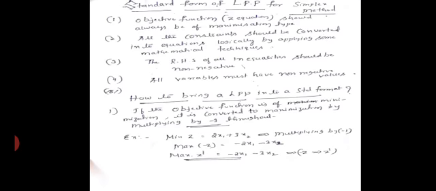What is the second one? All the constraints should be converted into equations by applying some mathematical techniques. Just now I told you, whenever a constraint has a sign of greater than or equal to or less than or equal to, you have to make it an equality sign by using slack and surplus variables. And the right hand side of all the inequalities should be non-negative. All the values on the right hand side should always be positive, not negative.